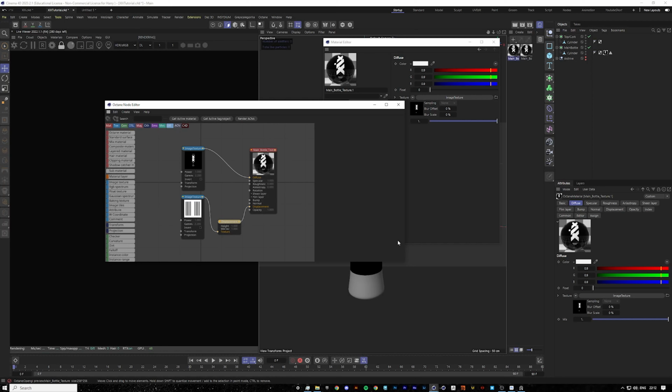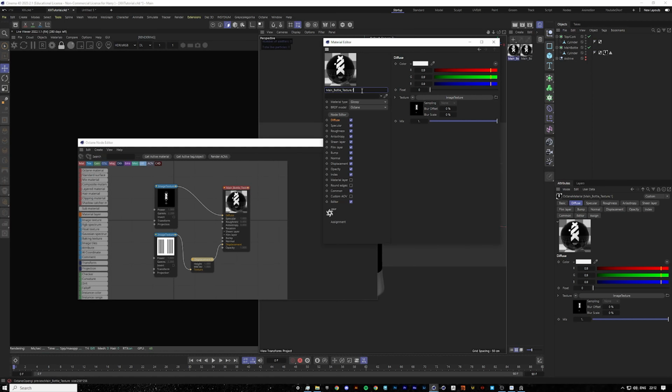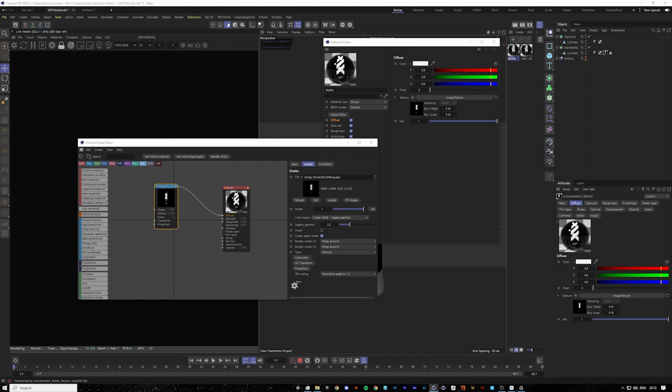Okay. Just because we want the blacks to match as well, we can change this to main bottle like that, and delete these and drag the new one in, diffuse like that,